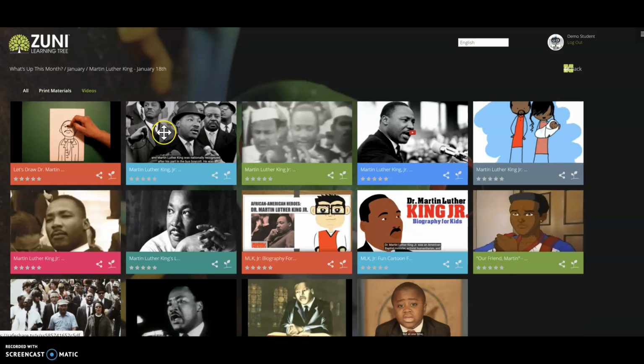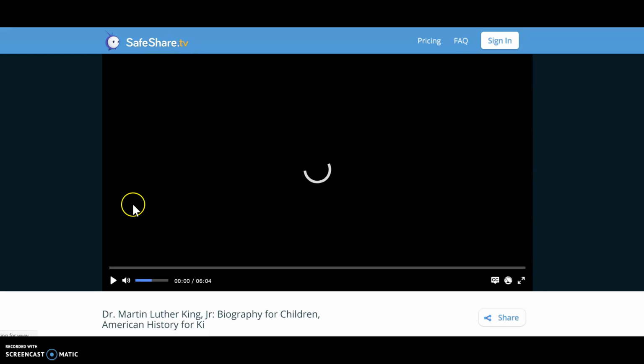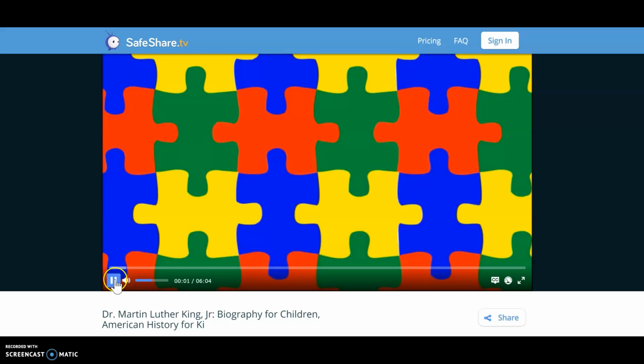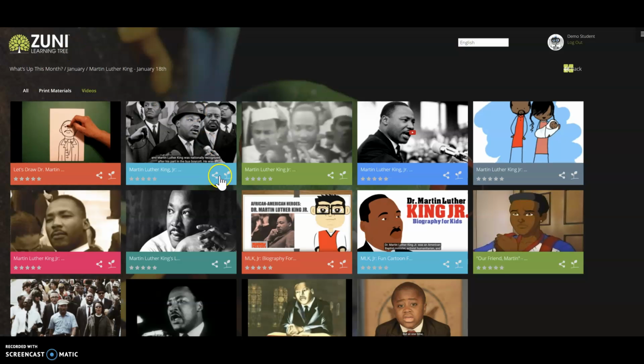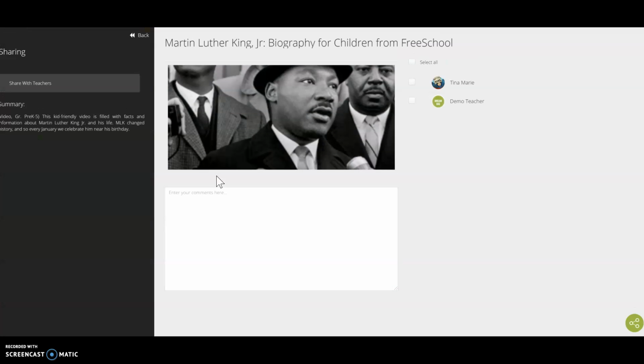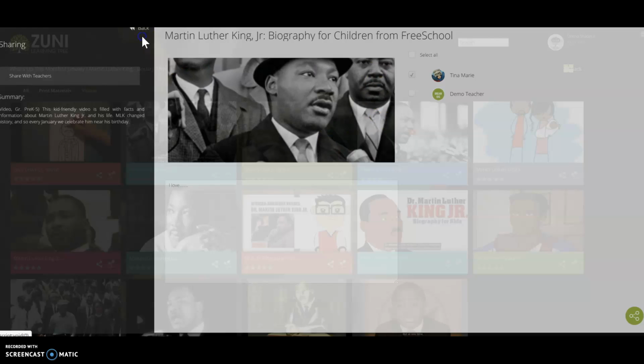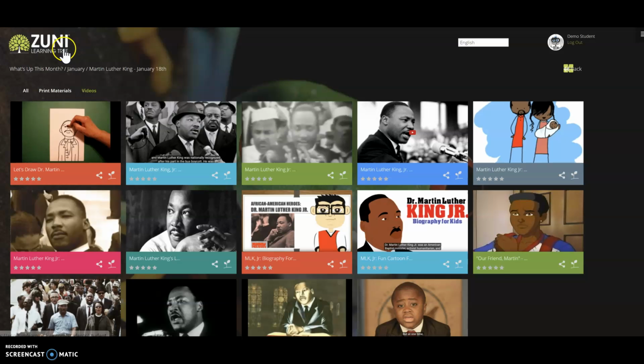They can click on a video and watch the video, and after they watch the video, when they click on the picture, it's going to open in a new link. Remember, the videos are in Safe Share, so that's going to be great, so you don't have all the YouTube stuff on the side. Then have them share back with you, so they can say, hey, Miss Tina, I really love this speech, and it really moved my heart and makes me want to be a better person and really do good for the world. They can just respond to you, tell you what they think, and click share, and then you as a teacher will see their thoughts on the resource. And you can do that with any resource in ZUNI, which is super cool.